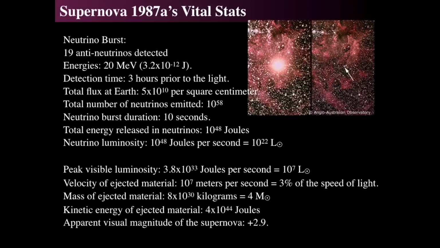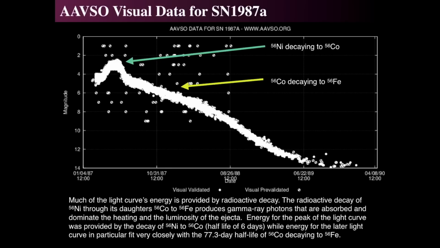But remember, most of the energy was not in light, wasn't even in ejected material. Almost all of it was in the neutrinos. However, that doesn't stop people from looking at stuff. And what's really neat is the American Association of Variable Star Observers had a number of people who took a look. And what we see is this is the light curve from visual observations of supernova 1987A. And this is in the V magnitude, and we see people making magnitude measurements over the course of time. And this can be downloaded from the AAVSO.org,